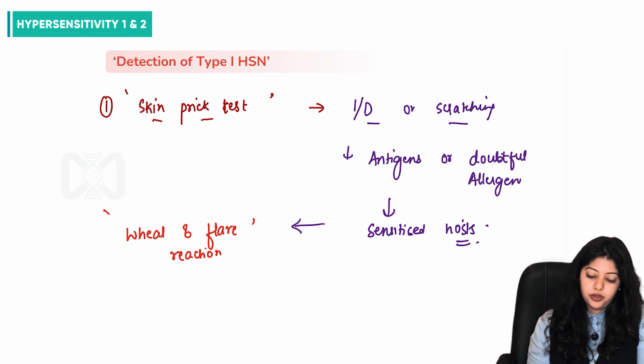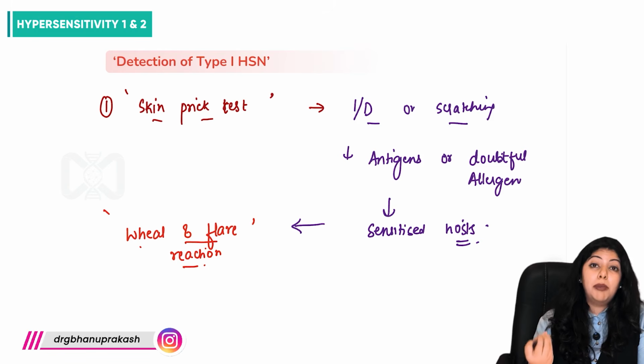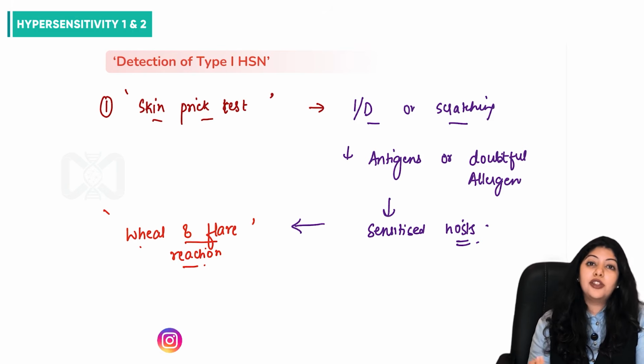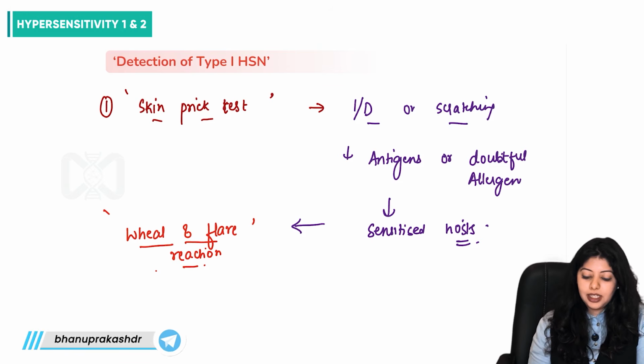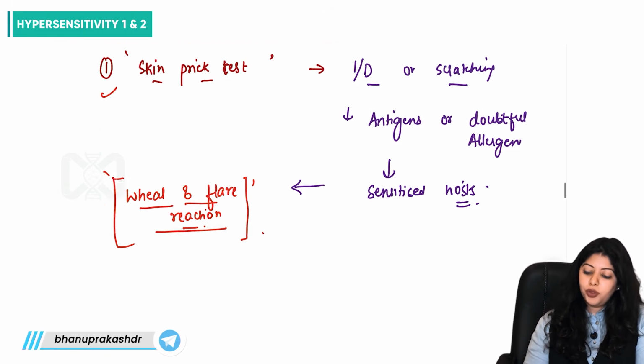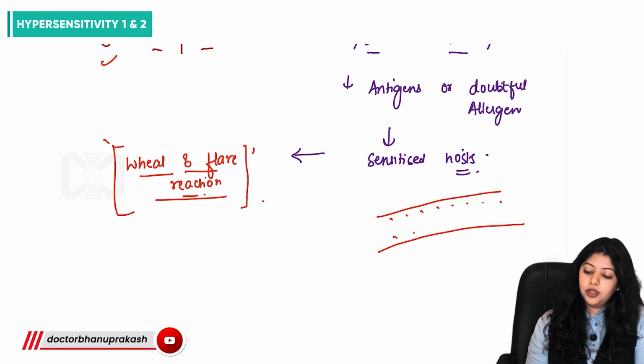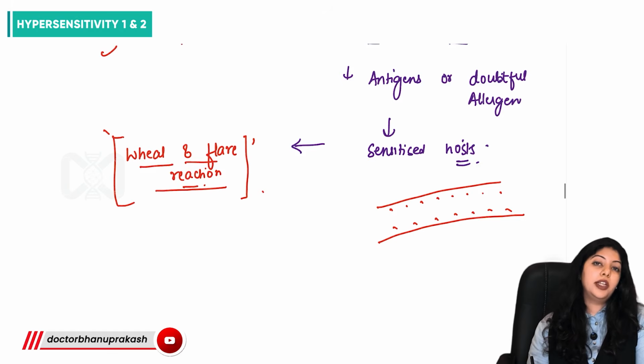And this reaction is exactly what is seen in allergic urticaria, right? The erythematous bumps which develop in the skin after a food is ingested, or when the person is sensitive to a particular food, this is exactly what we get as an allergic reaction, which is the case with the skin prick test as well. So suppose this is the back of the patient. We are using multiple potential allergens and introducing them into the skin of the individual.